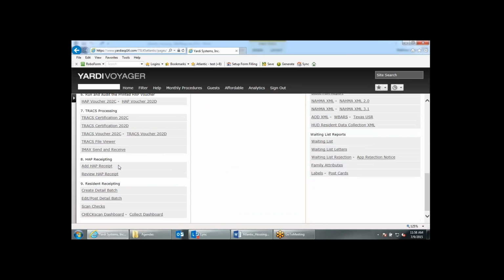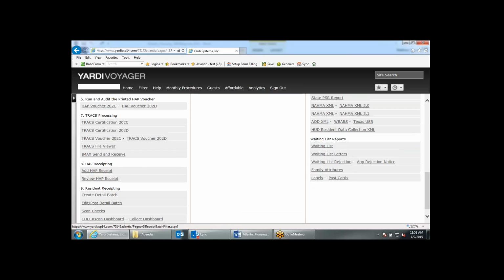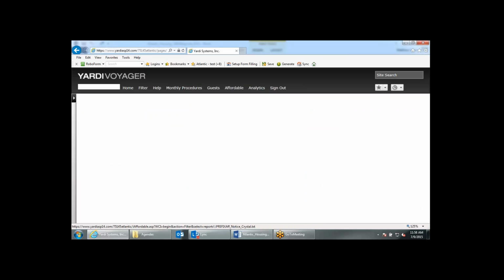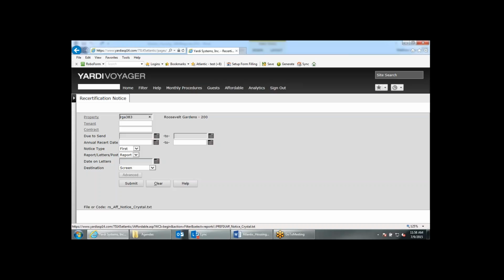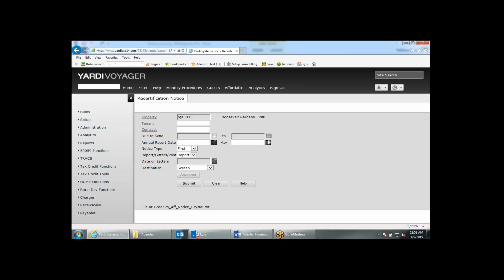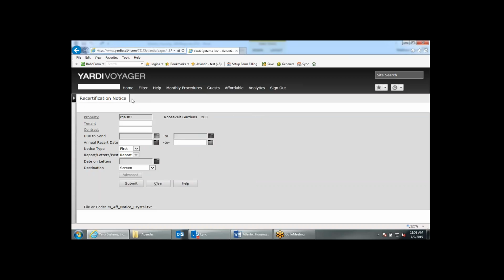Also at the very top here, we see that recertification notices is the first link. You may also notice that they're all numbered sequentially. This is typically Yardi's best practice, saying, hey, this is typically how the monthly procedures go. Our clients like to run their notices first and then process special claims, update their resident information, prepare any repayment agreements, run and audit HAP postings, and then process tracks, HAP receipts, and then resident receipts. So it's in the order of how we feel is best practice for your monthly procedures. Again, focusing back on these recertification notices,